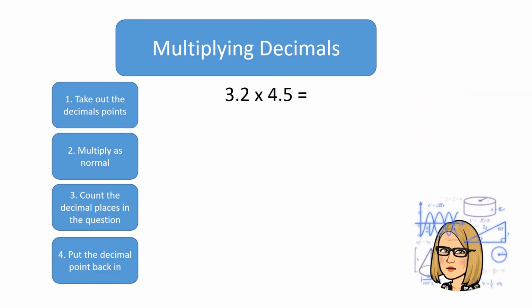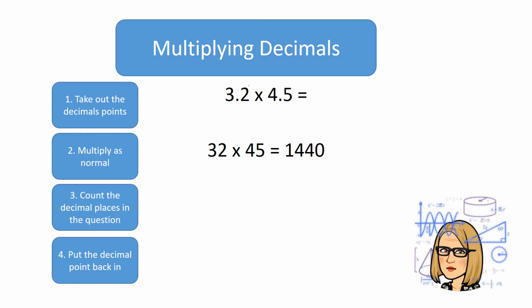So I've got an example question here of 3.2 multiplied by 4.5. So I'm going to take out the decimal points first of all, and then that becomes 32 multiplied by 45, which you can multiply whichever way you feel most comfortable, and it should give you the answer of 1,440. But my question isn't 32 multiplied by 45, it's 3.2 multiplied by 4.5, so I've got to put my decimal